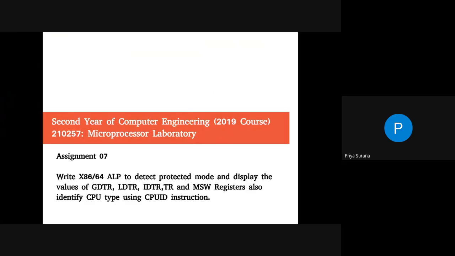The title was: write an x86 (not 8086, x86) assembly language program. We have executed this for 386, 64-bit, meaning 64-bit registers we are supposed to use, to detect the processor in protected mode, and the contents of these registers are supposed to be displayed.